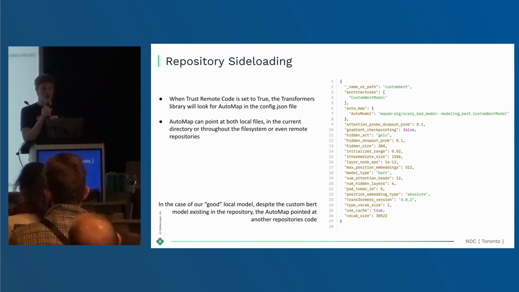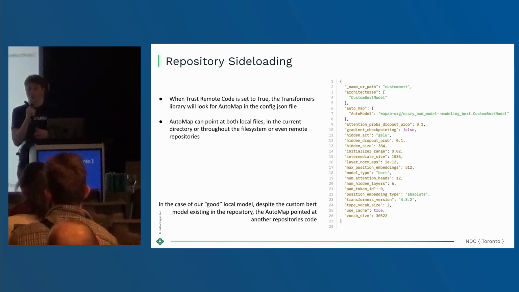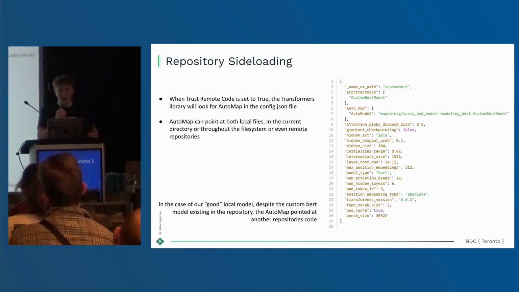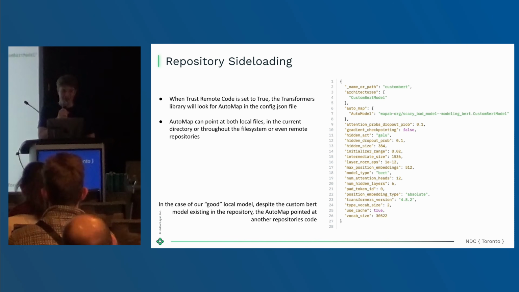Everyone is so used to ignoring JSON files because JSON normally doesn't actually execute anything. However, the way that Transformers works is it has to figure out somehow what architecture or what file it needs to load so that it can actually run the model correctly. And the way that it works is if you have trust_remote_code equals True, it looks in the config.json file for the auto_map field, and then it looks for any AutoModels, because that tells it this model is loaded from this class inside of this file. And normally that would be the file that you actually have imported in the actual code in the repository itself.